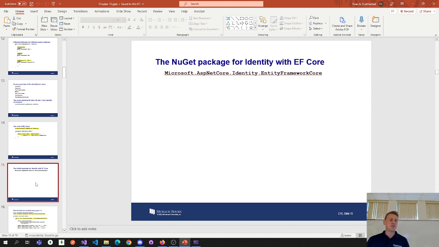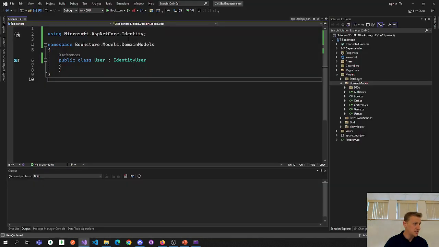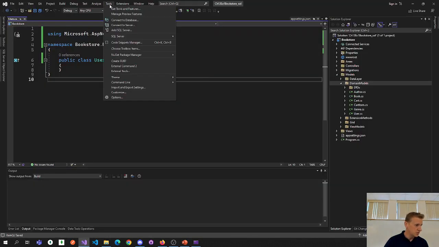And the next step is to bring in the Entity Framework Core with identity. And so if you're going to be working with your own database using Entity Framework, as we've been doing this entire time, and you're going to bring in identity, for these two things to play nice together, you have to bring in this NuGet package. So Microsoft ASP.NET Core Identity Entity Framework. So we know how to do this. We're going to go Tools,